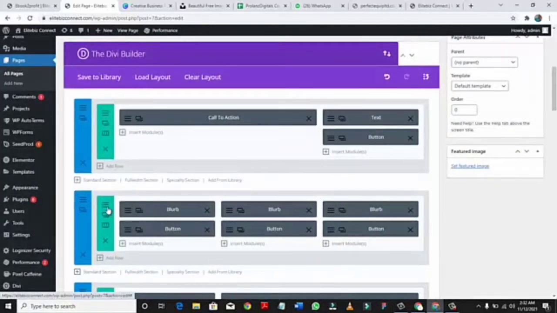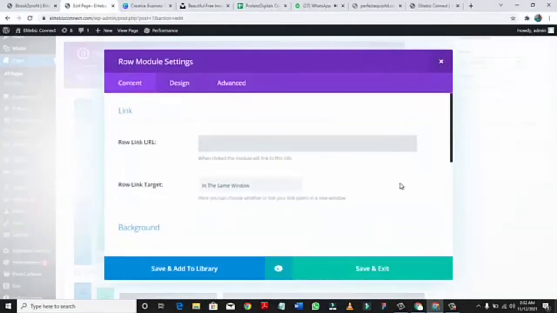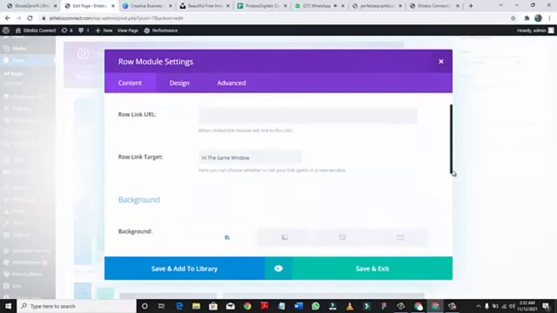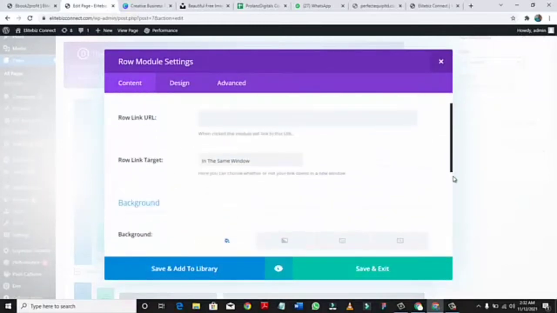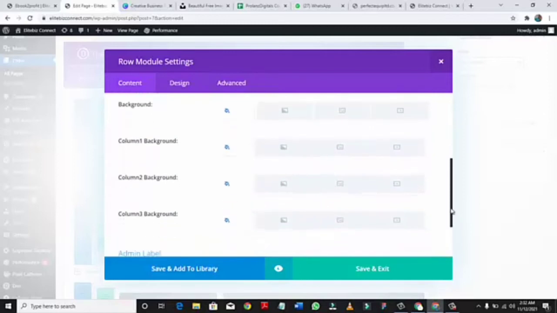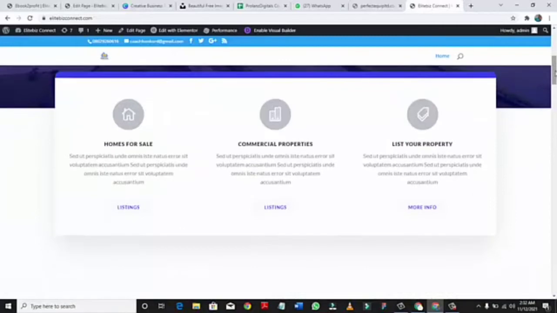So let's head over to the module area. Let's see if there's anything in the module area that we want to change. So it has 3 columns, right? Let me show you something. Let's say I want to change